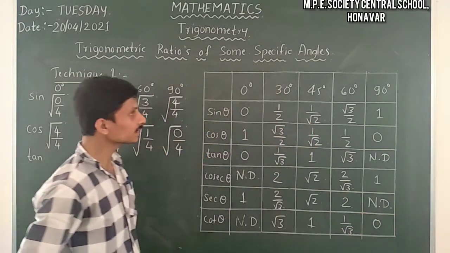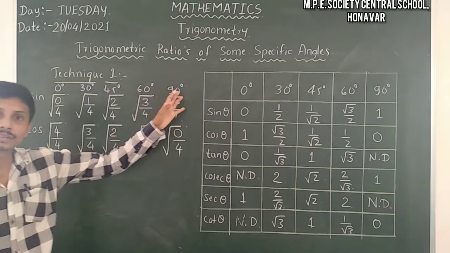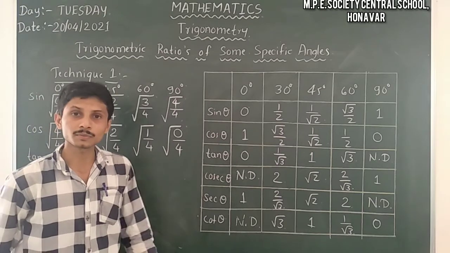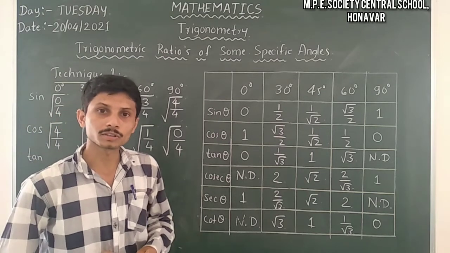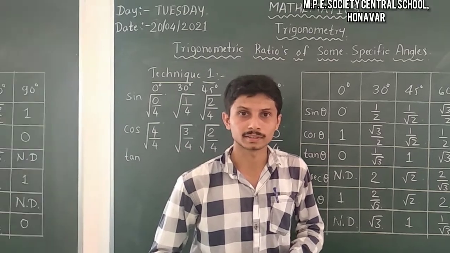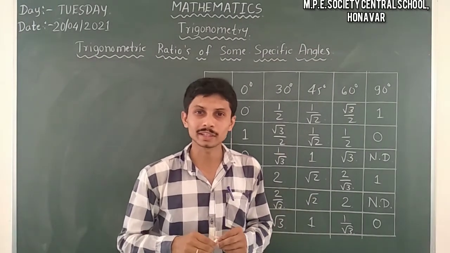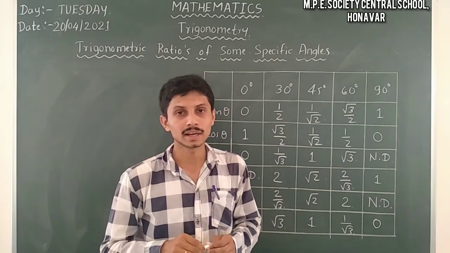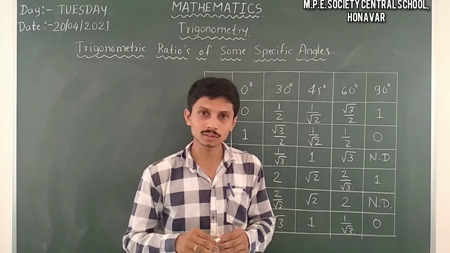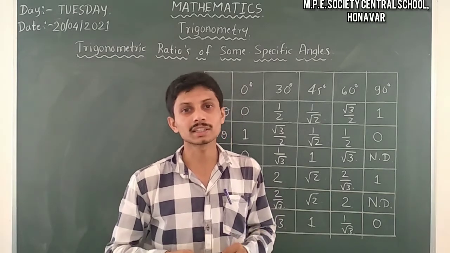Yes, so this is the first technique. So using the first technique, we can find out all the values of trigonometric ratios of some specific angles. So let us move on to the next technique. Yes, so already you know about technique number 1, it is a very useful technique, so it is helpful in some of the examinations. And before going to technique number 2, we have to know about the limitations